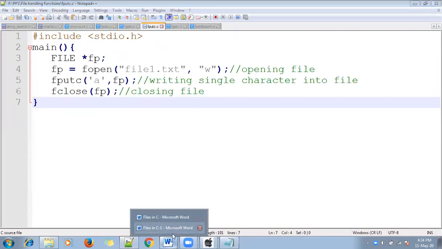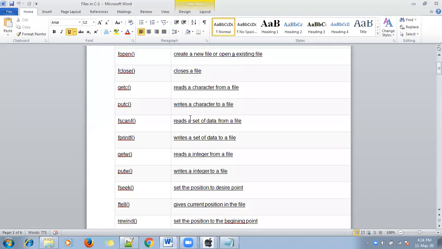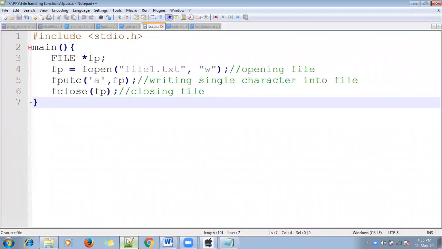Once again I will show you what the advantage of fputc is. fputc writes a character to the file, right? Now the fputc function is used to write a character to the file.